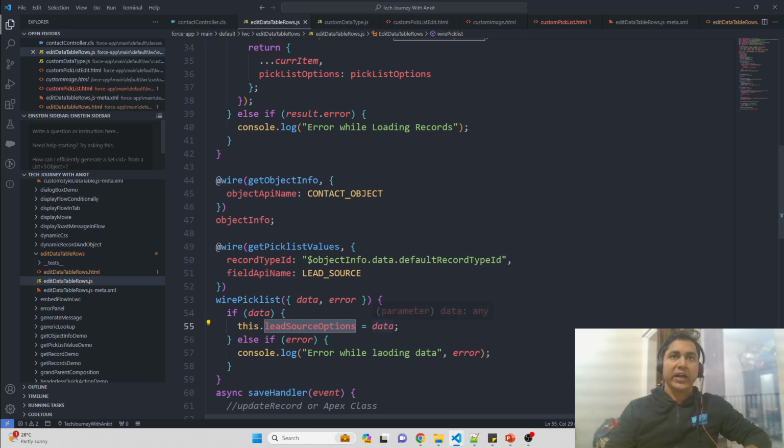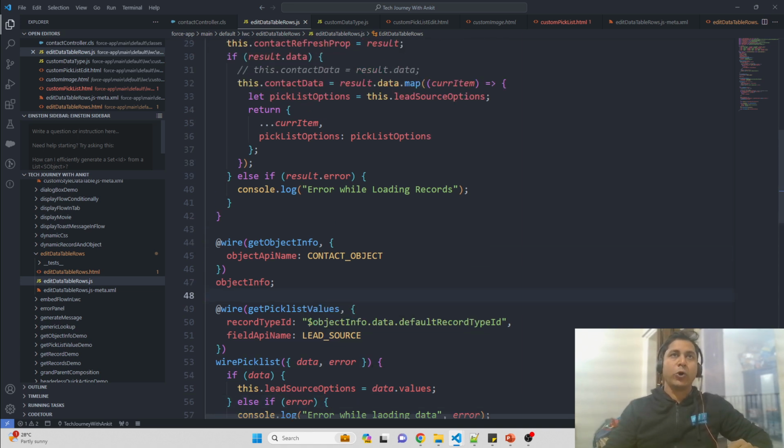Okay, sorry, here I have to use data.values. That's one thing that I missed here. So make sure that you are using not the data but data.values, because in the values property we do have these options. We have already covered these things in the past, how to check in which property we do have the options available. Now, the next thing that I am doing here is, I want to add these pick list options for